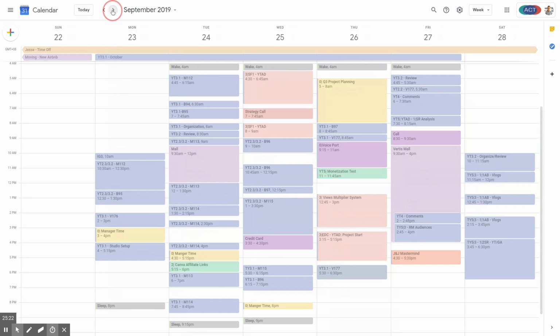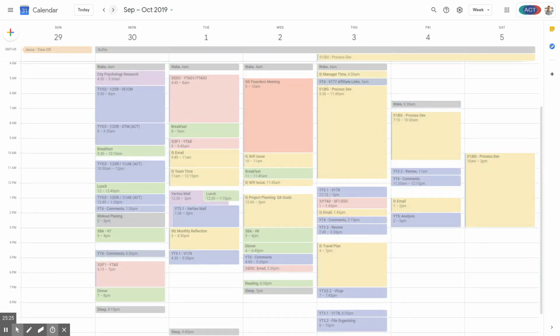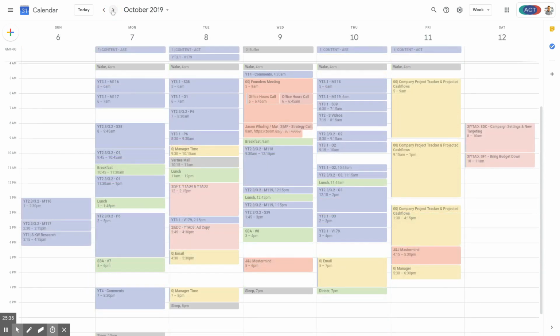And so I'm showing you this week and these other 2 sample weeks to show you it's really important that you go back and change your time blocks for what actually happened, because at the end of the month or the quarter, you'll be able to go back through these weeks and see how things actually played out, and most importantly, how long things took.